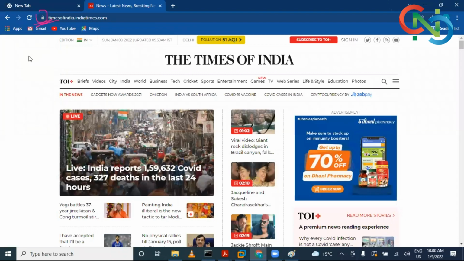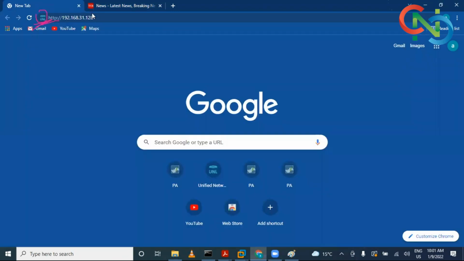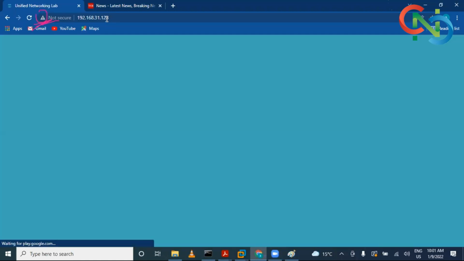So this is Times of India. It is showing the secure mark, as the connection is secure, by the lock sign. Once we click on this lock sign, it is showing that the connection is secure, meaning they are using some kind of encryption from source to destination, from client to server. Let's try to open this,